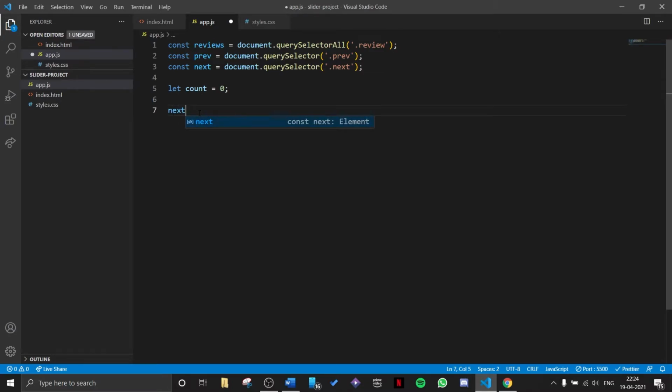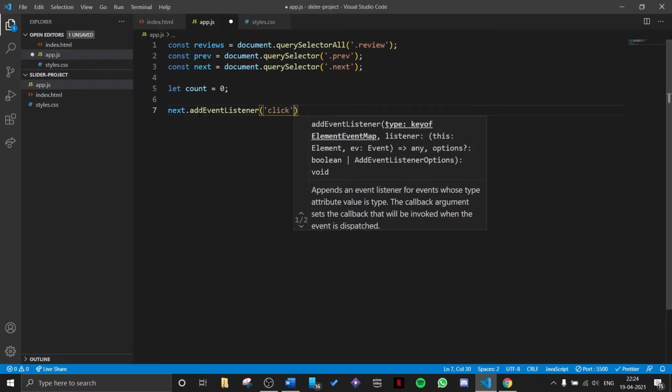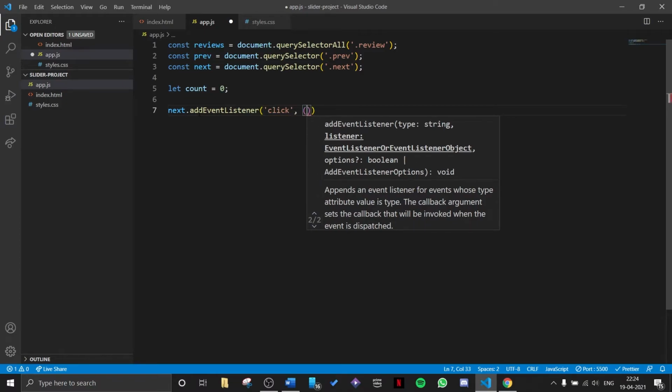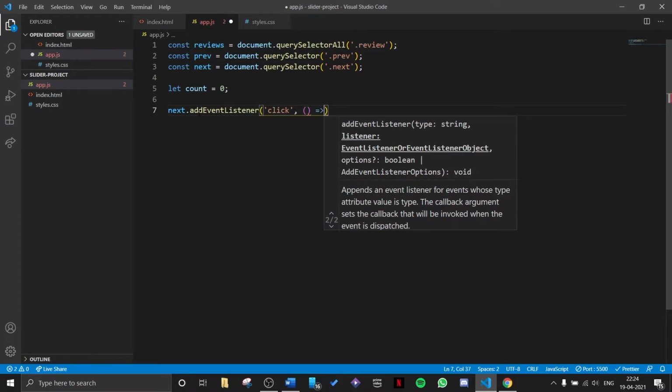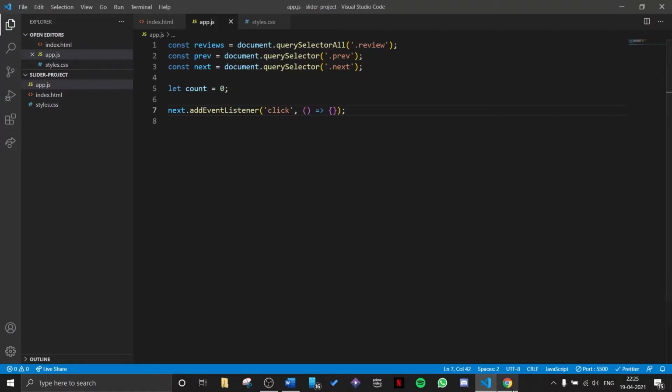So what I want to do is add an event listener to my next and previous buttons, so that when we click them, our count variable changes value. When we click the next button, that means we move to the second slide, we want to increase the count, right? And when we click the previous button, we want to reduce the count.